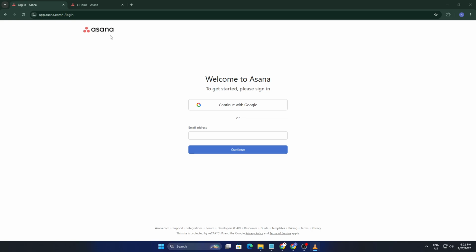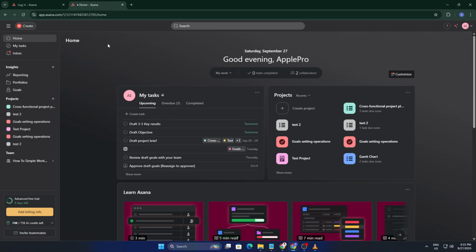First things first, head to the Asana website and log into your account. Enter the email tied to your workspace and make sure it's the correct one before hitting continue. Once that's verified, drop in your password and click to log in. It seems basic, but starting with the right account prevents syncing issues later, especially when you're using AI-generated tasks or